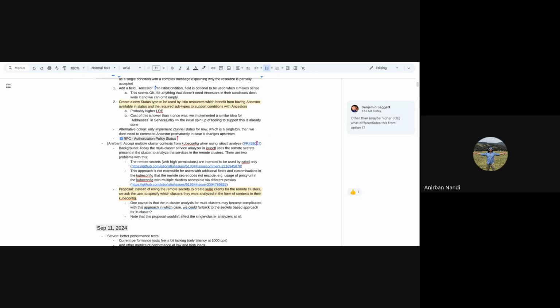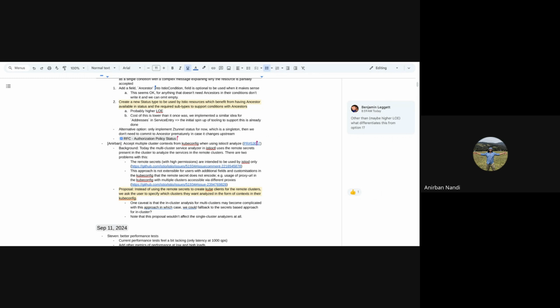Secondly, this approach is not very extensible for certain cases. For example, I was looking into a use case where the user's kubeconfig had a proxy URL field set to connect to the clusters, and since istioctl being run from the dev workstation was using the remote secrets, the connections to the cluster could not be established. This is just one example, but my point is that there can be other types of customizations in the developer's kubeconfig that could differ from the secrets created during the multi-cluster mesh setup. So that's a bit of background into the problem.